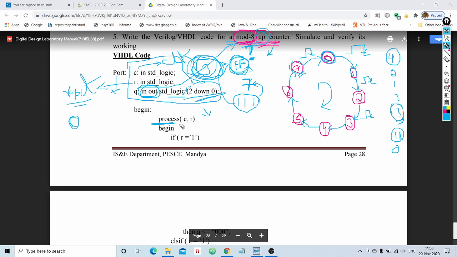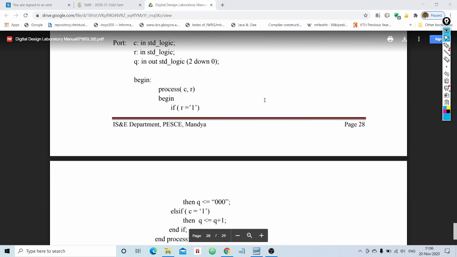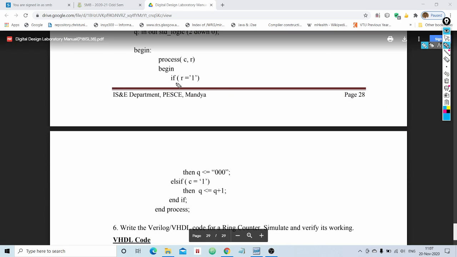Okay, I have already explained the syntax of process in the previous video, so I do not need to explain the syntax here. I already told you the purpose of C as a parameter and R as a parameter. Now we shall jump directly into the logic. See here. For better clarity, I will remove this. See here, what this indicates: if reset is applied,